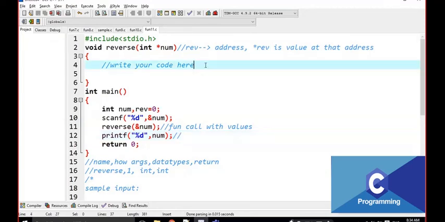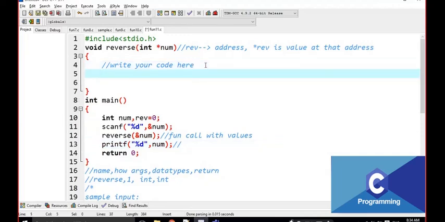Okay, now I am going to write the logic for this scenario, the same program with small modifications. Here I write rev is equal to 0 and r.